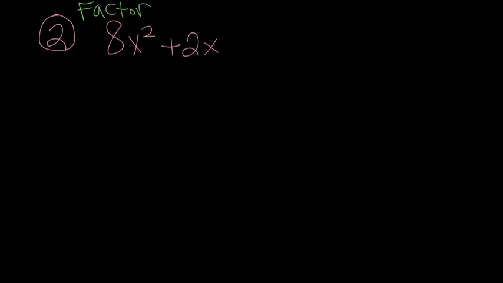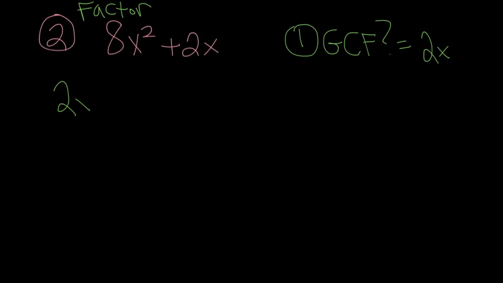In our second example, again, we're asked to factor, and the first thing you want to do when you're asked to factor is check to see if there's a greatest common factor. In this case, it looks like we can take a 2 out of both of those because 8 and 2 both have a factor of 2, and we've got an x in both of those terms listed there. So we're going to be able to take out a 2x,